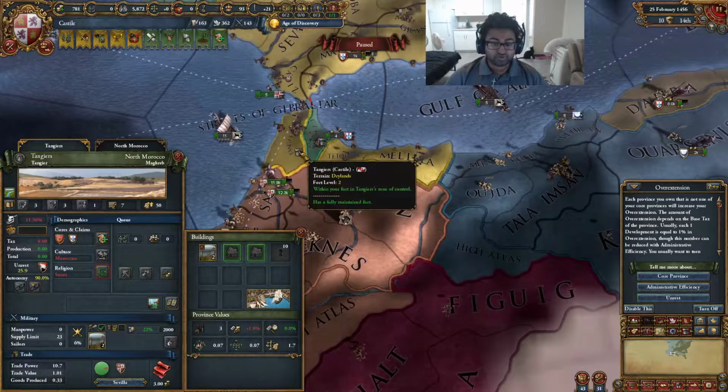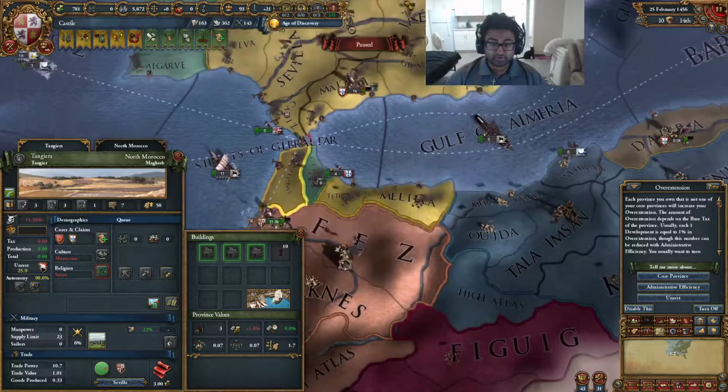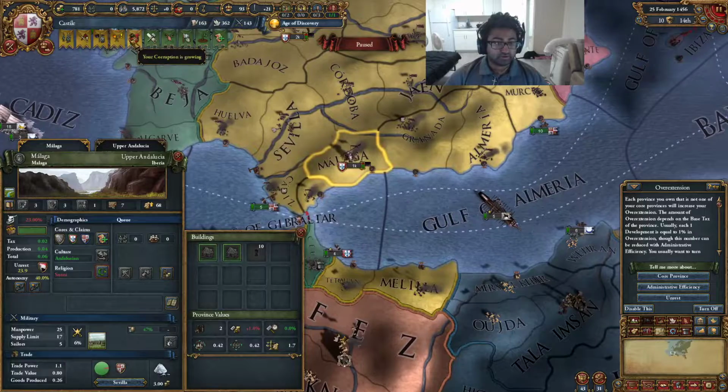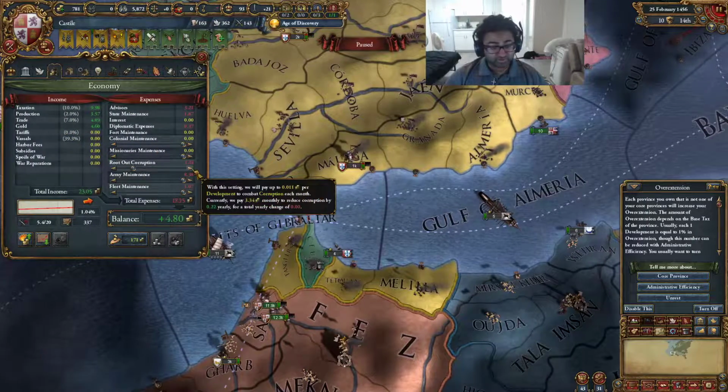This one has a fort, right? Yeah, we don't want a fort. We want to scrap this fort because we want to maintain a fort. We also want to scrap this fort because we want to maintain a fort. And then taking a look here, we want to first take care of our corruption because we don't want to have any corruption. So,